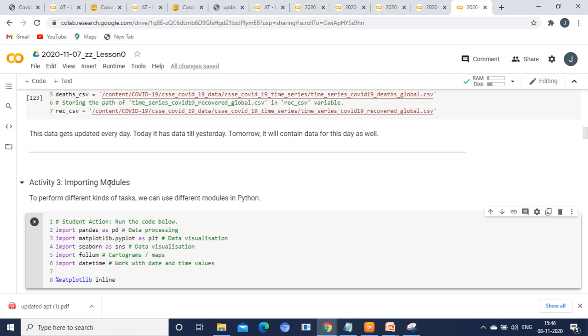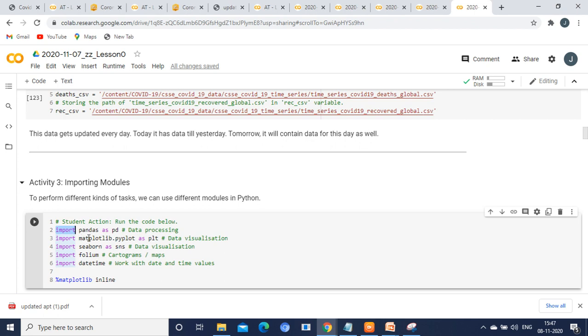Like that, for performing a specific activity, we need to import some files. Here in the second line, we have imported pandas as PD. PD is nothing but a variable assigned to this package. Using this variable, we will use some of the functionality inside this pandas package. This second line is for data processing, where we are going to process the data.